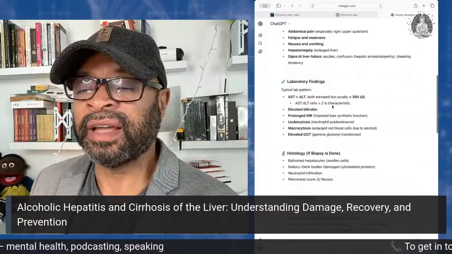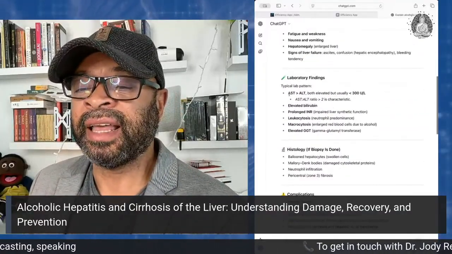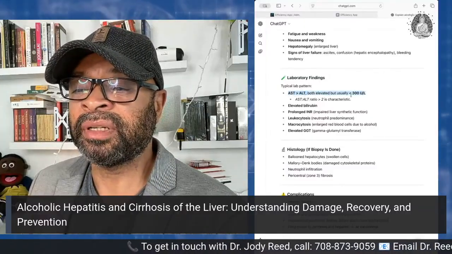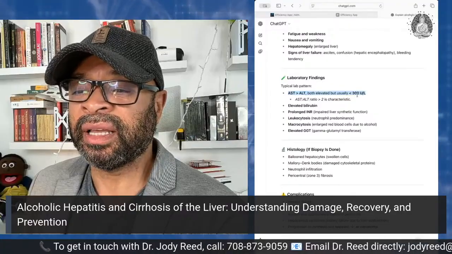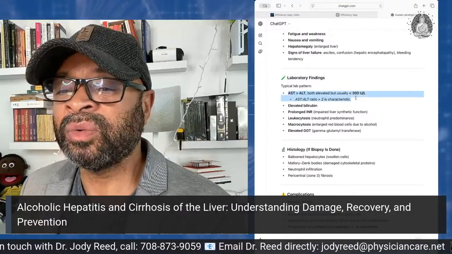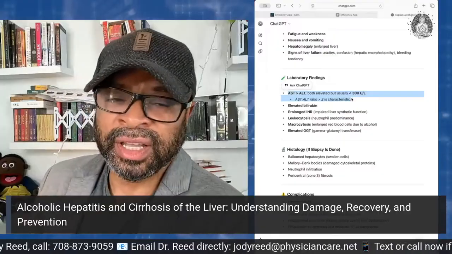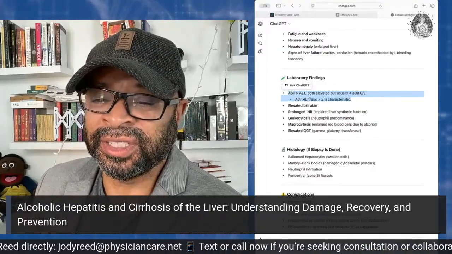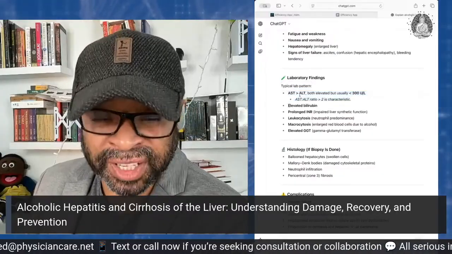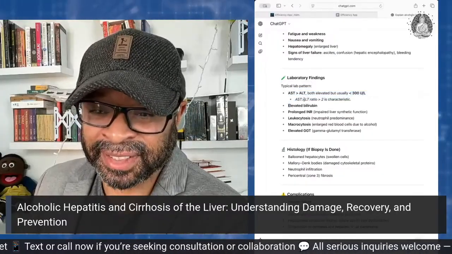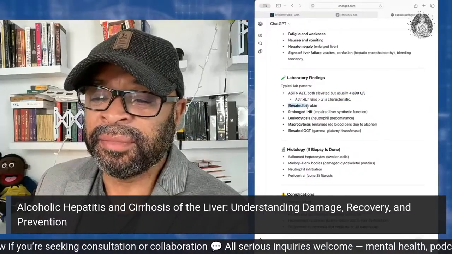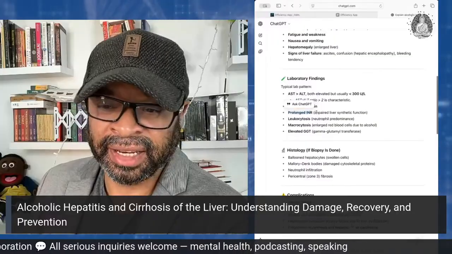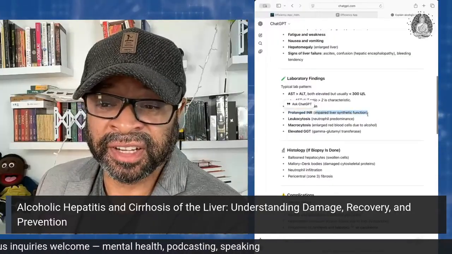Next, laboratory findings. The typical lab finding: AST is elevated more than ALT. Both elevated, but typically with an AST to ALT ratio of more than 300. So in alcohol, basically, the AST is significantly elevated more than the ALT, right? And there's a reason for that. AST versus ALT. Elevated bilirubin, a prolonged INR, indicating impaired liver synthetic function because it's not